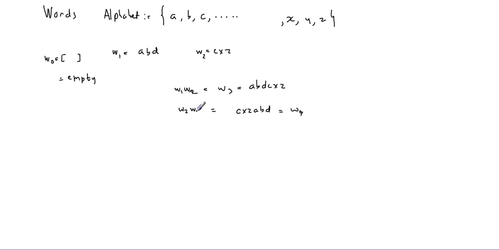But then if I put word 1, word 0 and word 1, then I'll just remain with word 1. Okay, that's nice. Then if I put word 0 and word 1, I'll remain with word 1. Even if I put word 1 and I put word 0, I get word 1. It looks like word 1 with nothing, or any other word with word 0, gets that word. And word 0 with any word will be just that word.